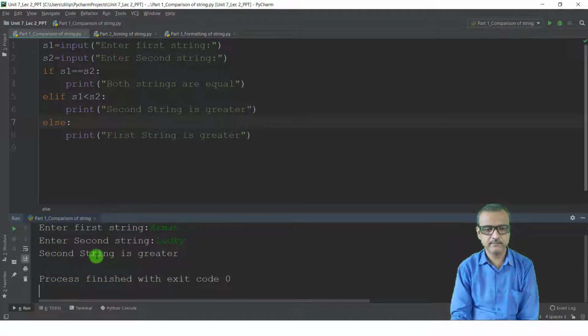That is, second string is greater. You can see that the Unicode value of A is less than the Unicode value of L. So definitely we have output as second string is greater. Similarly, you can check the last case by yourself.